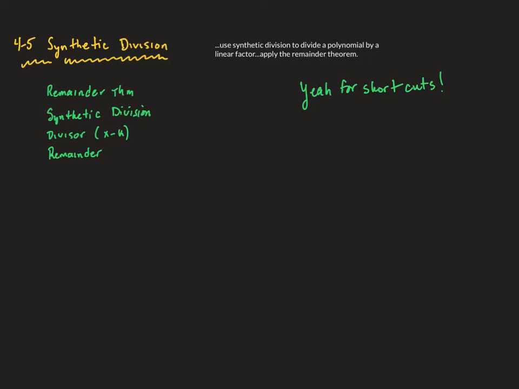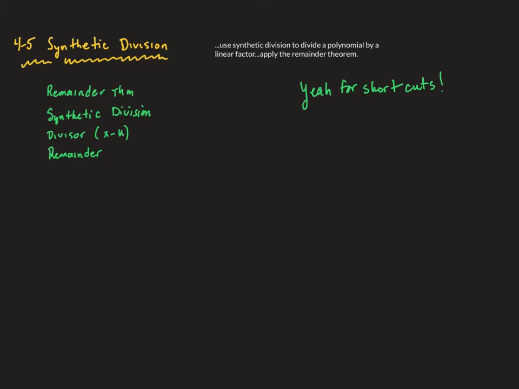So my remainder theorem, the remainder theorem basically states that, well, let's just say that whatever is left over, if I divide a polynomial into another polynomial and it equals 0, then that is going to be a root. But specifically, the remainder theorem states that if a polynomial is divided by a linear factor, then the remainder is your f of k, your output. Okay, and then the synthetic division is just a shortcut of that,